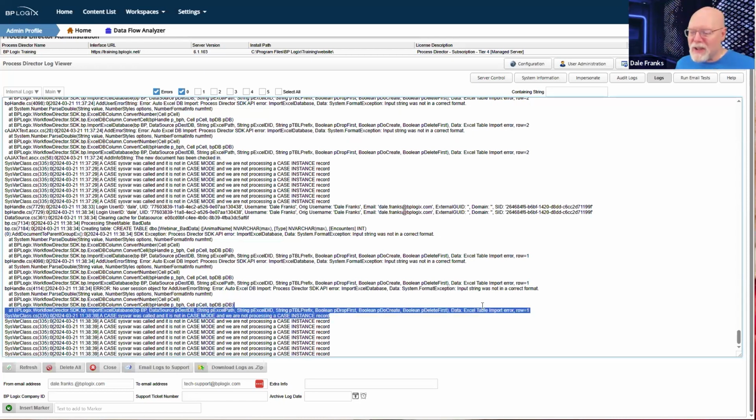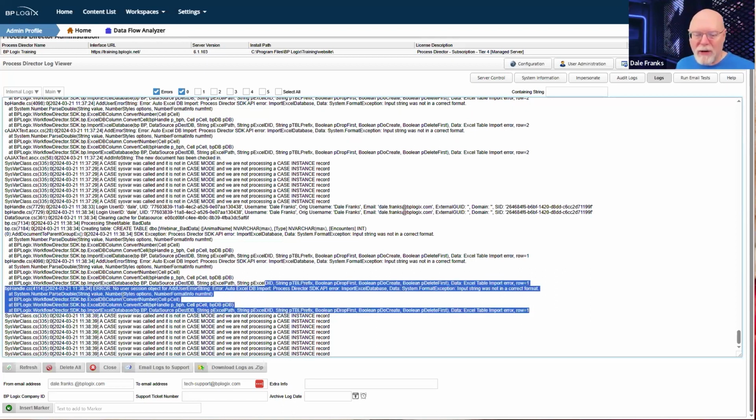So this is telling me where my error is and that there is a data import error, and tells me what the error is. Input string was not in the correct format. It was an A. It should have been a number. And it didn't work for me. So this is where I'm going to have to go to find the error if there are any data errors after the automated import, because none of the Windows-based file transfer systems are going to show an error.